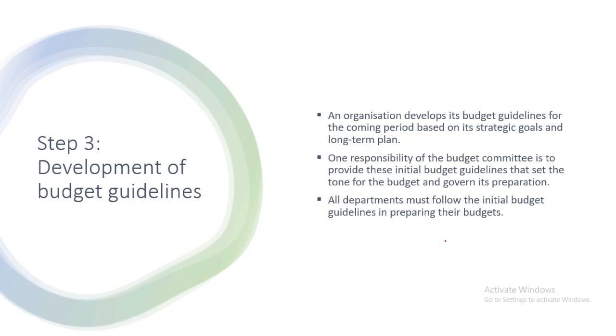In some cases, we find that companies adopt different types of budget. We've got activity-based budgeting, where the company will state in its guideline that every department is going to adopt activity-based budgeting, meaning that you prepare your budget based on the number of activities that are going to be performed using specific rates, which have been identified so that every activity that will be performed has its own specific rate.